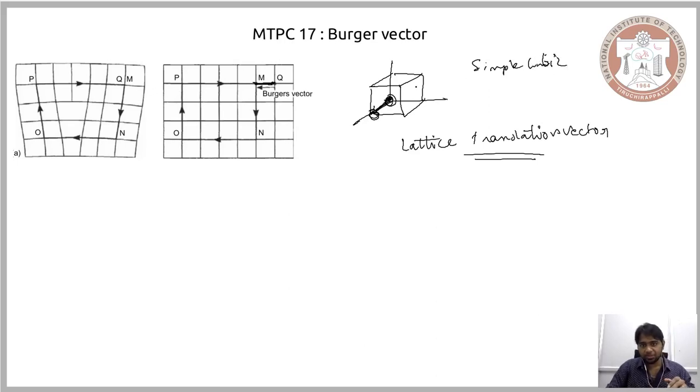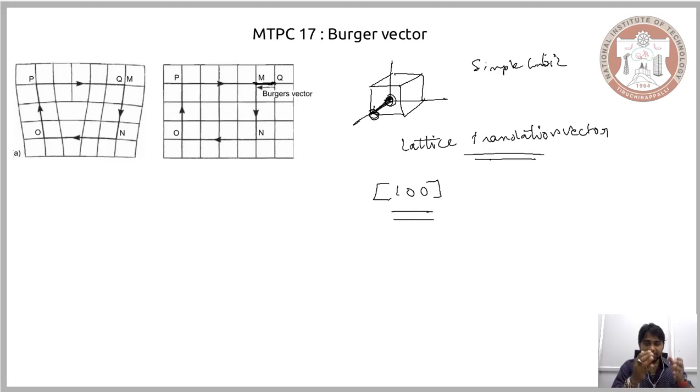So we have a simple cubic crystal structure, and this direction is the 1, 0, 0 direction, and the magnitude of the Burgers vector is the interatomic spacing in this direction. So first we need to consider the direction, and that is 1, 0, 0, which we will represent in this manner. And since the magnitude of the Burgers vector is equal to the interatomic spacing in this direction of 1, 0, 0, we leave it as it is.